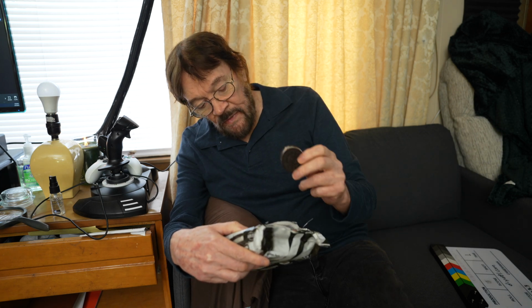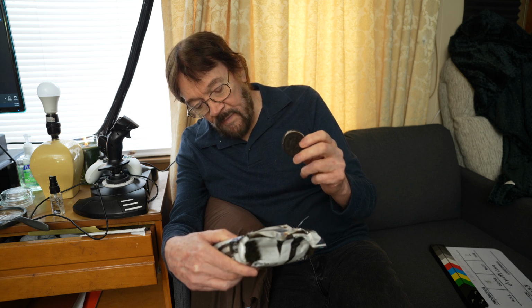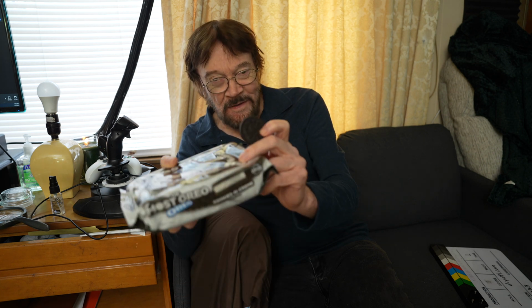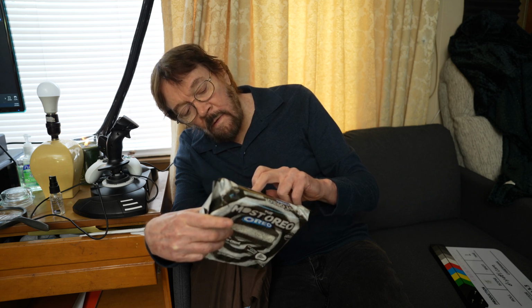Limited edition. So you better get this stuff while it's still around. Scan to dive into the Oreo-verse. There it is, and that's the stats on the back. I don't think anything's sticking out. A little bit of sat fat, a little bit in the sugar department, but